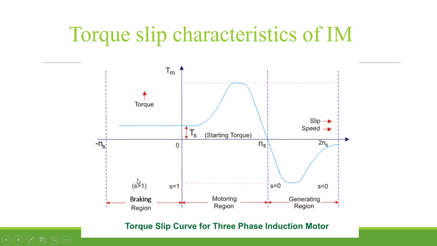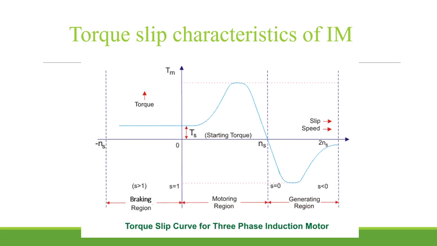Also there is one famous method of braking, that is regenerative braking. If the load of the motor is driven with acceleration in the same direction as the motor is rotating, then the speed of the motor will increase beyond the synchronous speed in that direction. It will act as an induction generator and supply electrical energy to the mains, which will slow down the motor and then the motor stops. This type of braking is known as regenerative braking.